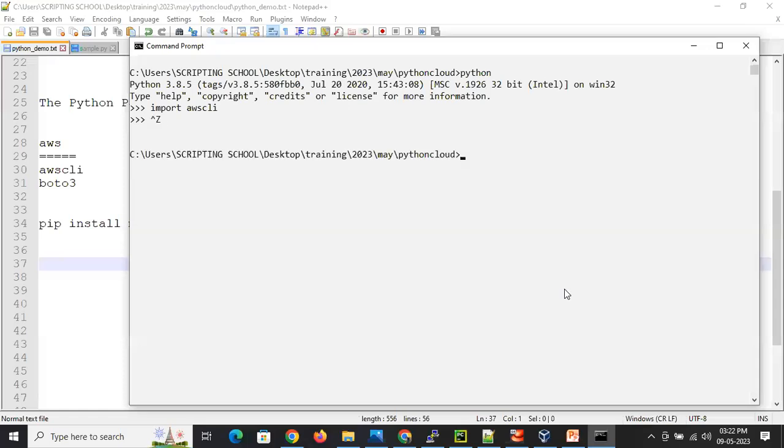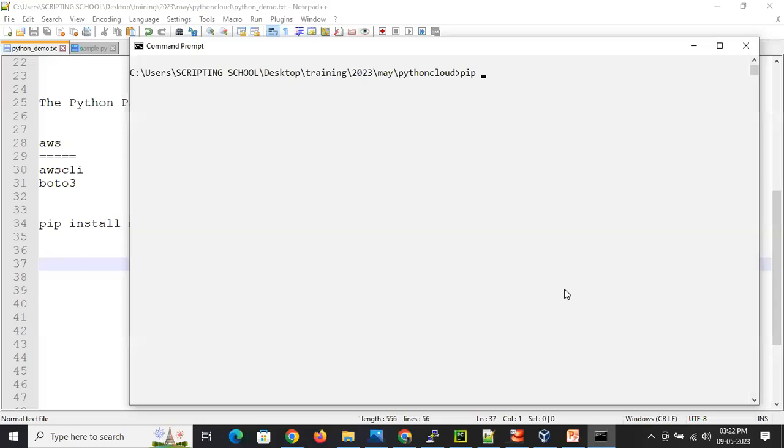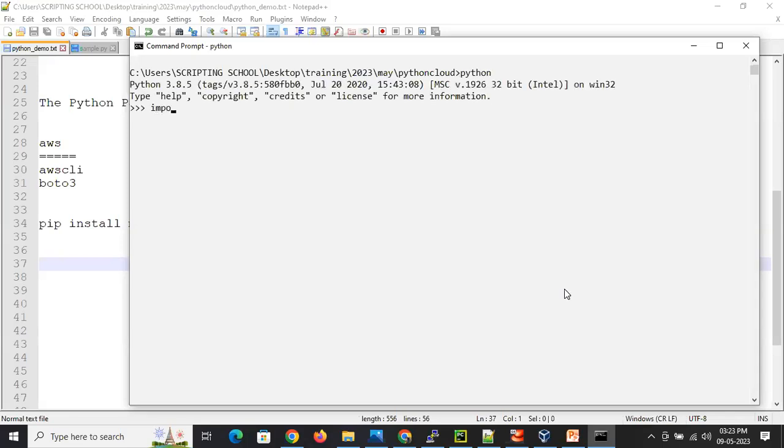Or we can also verify, since we installed using pip, with pip show and then the module name. It will display the module, but only if you installed it using pip. We can see whether it is successfully installed or not. But generally, as best practice, we go to the interactive mode and verify with import and then the module name which we installed. If we check help of AWS CLI,